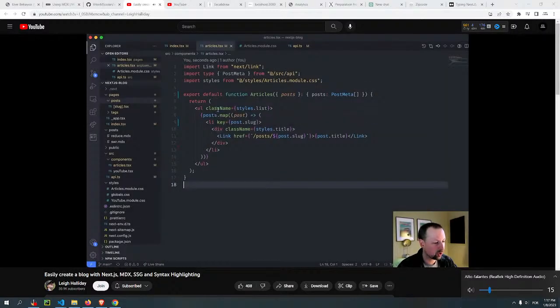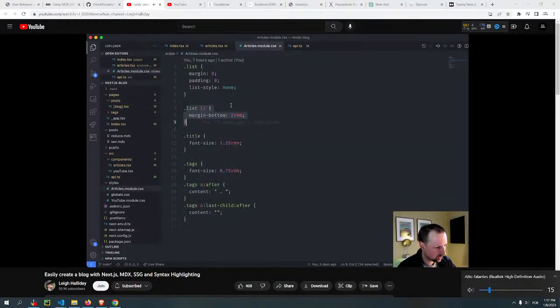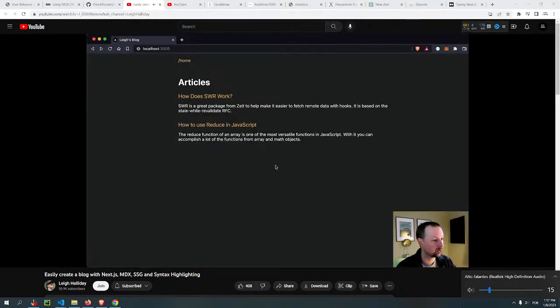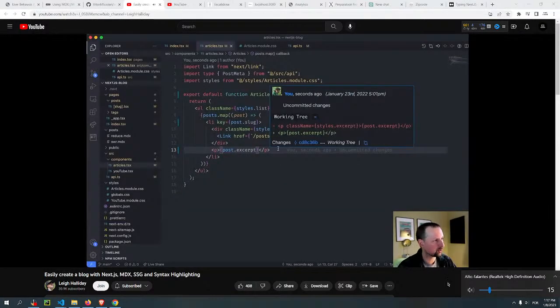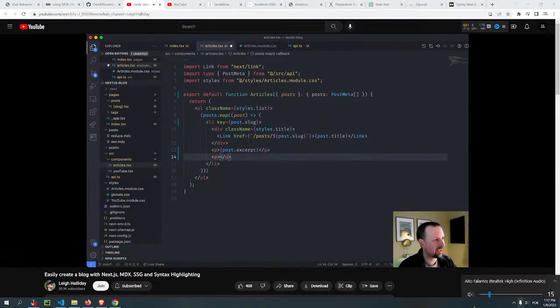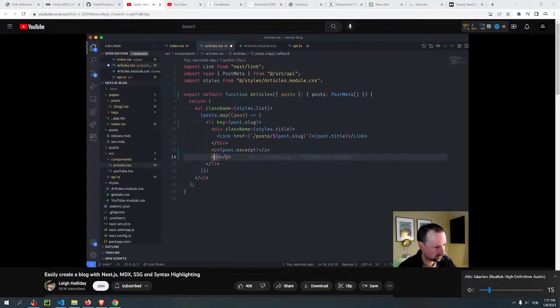But for now, I just want to basically add 2 more parts to this. So the first part is just to show the excerpt. So we're going to use a P, and in here we're going to show the post.excerpt. And did I have a class for excerpt? I did not. So it's looking beautiful. And then below the excerpt, I want to put another P where I'm going to show the tags. And I did have a class for tags. It's just called tags. So we'll give this a class name of